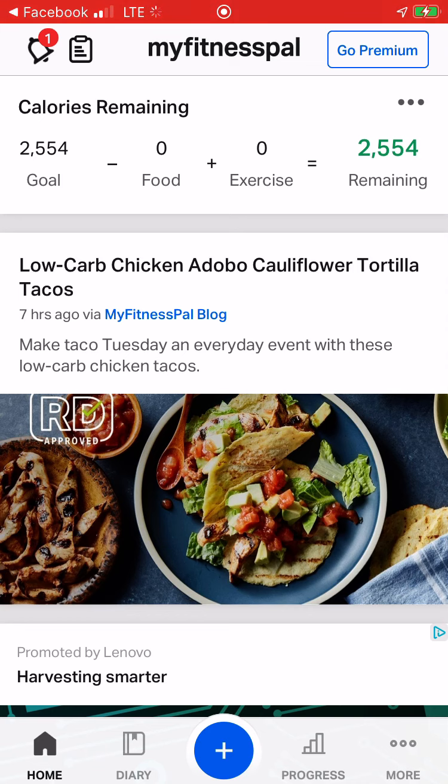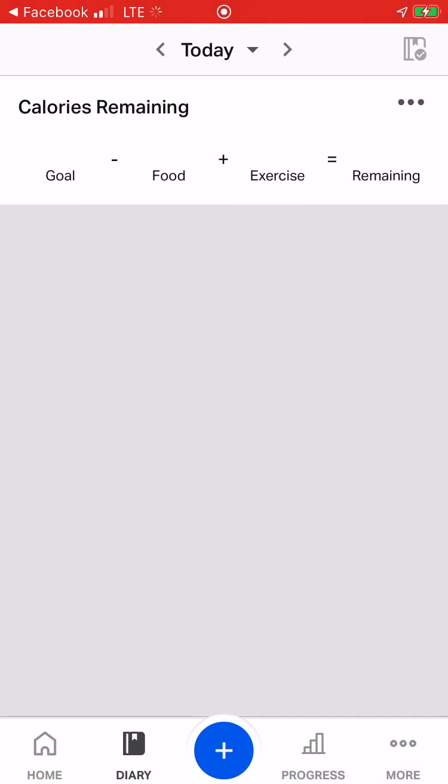Okay, so once you get here, the first thing you're going to do is set your goals. If you have calorie and/or macronutrient goals, this is the first thing you're going to set. If you don't have them yet, then initially go ahead and use the ones that were set for you by MyFitnessPal. Then you're going to go into your diary